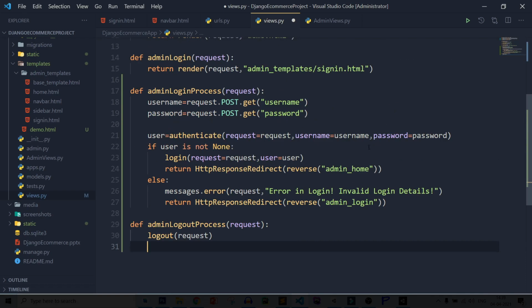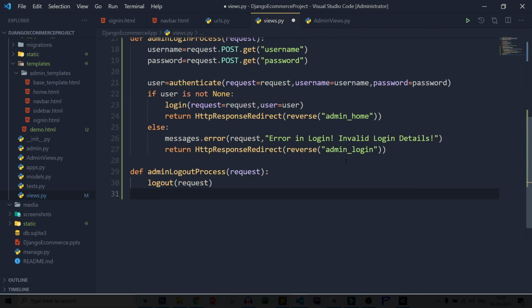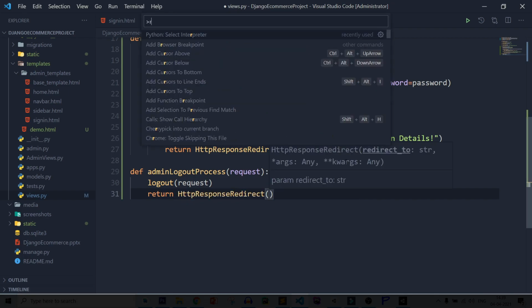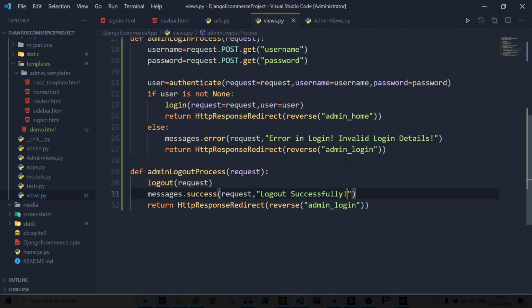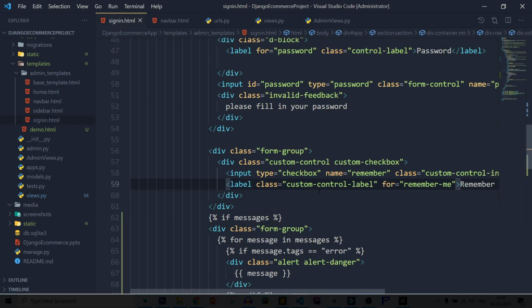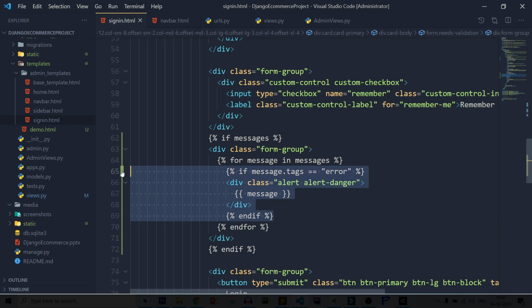So return HttpResponseRedirect, reverse, and pass admin underscore login page, and also show the message. So messages dot success, request, logout successfully. Wait, and also show the success message. Currently I am showing only the error message, so let's show the success message.